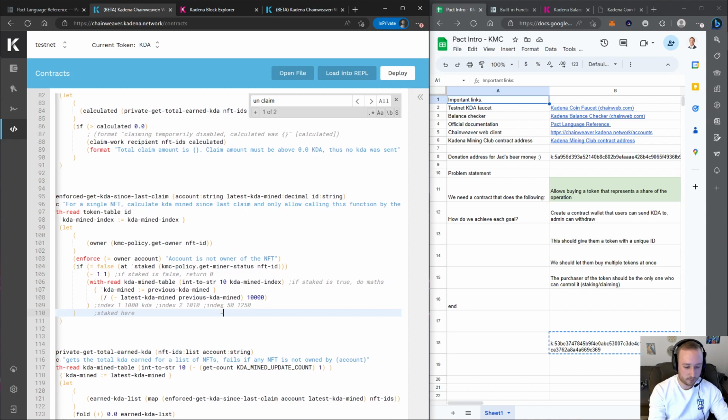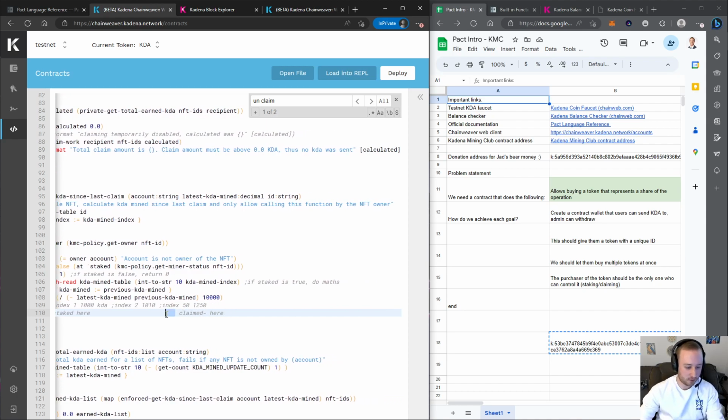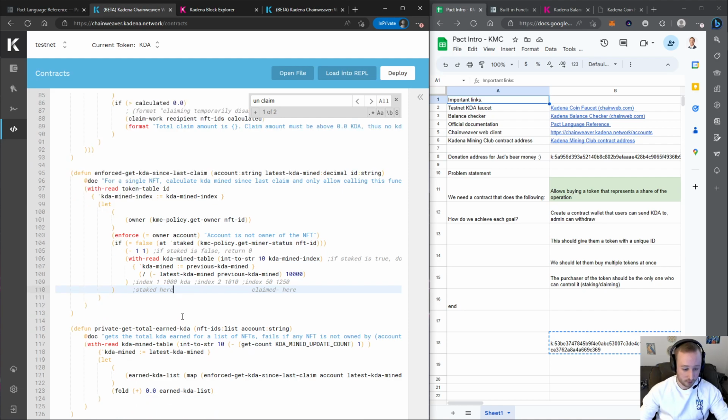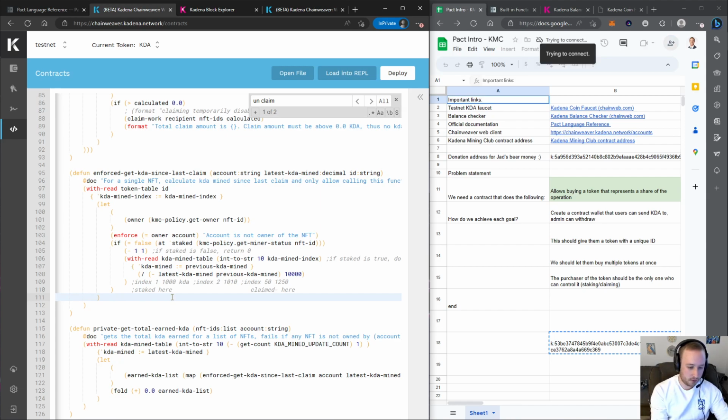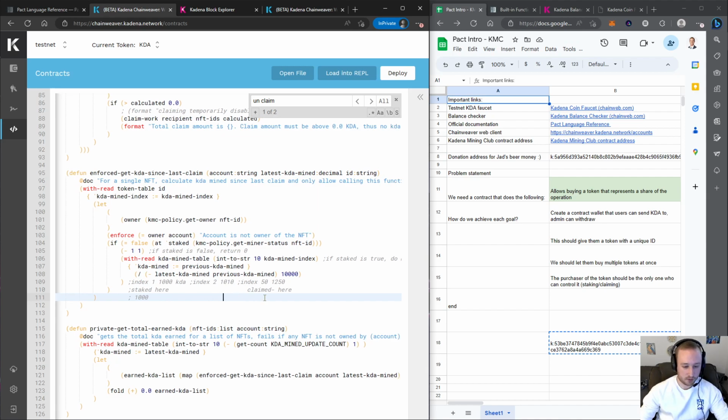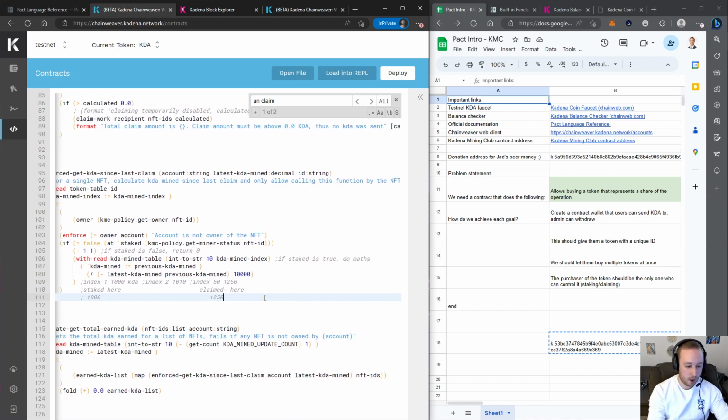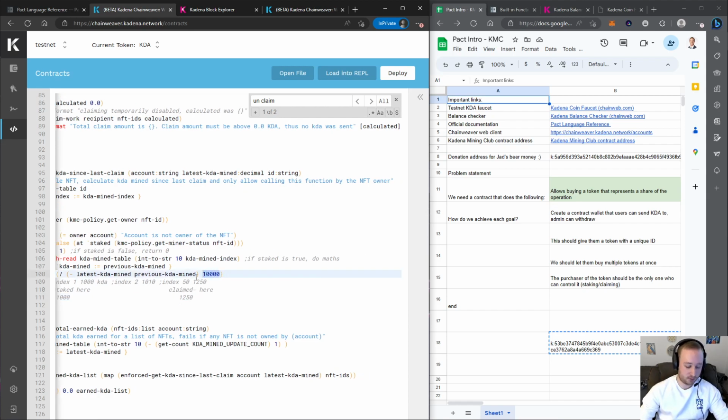Now, let's say you staked it here and claimed here. Sorry that it's moving. It's just a weird quirk of this editor. So let's say you staked here and you claimed here. Now, there's 1000 KDA starting, and your new value is 1250. So how much have you claimed in that amount of time? Well, 250 KDA is how much has been mined, but this 10,000 number is how many NFTs our old contract had. So we would have to do like get count,